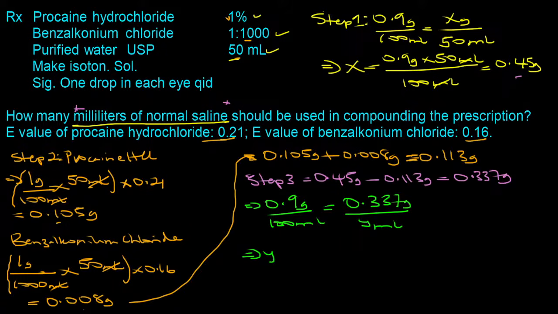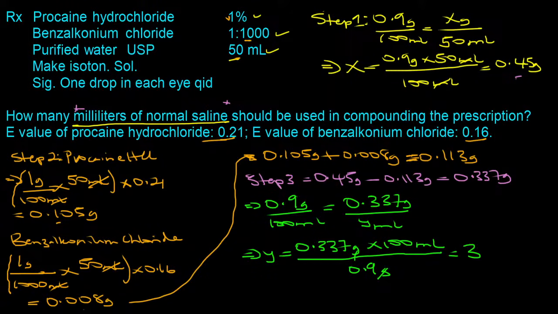So you need to solve for the volume, which will be Y here, and you have 0.337 grams times 100 milliliters divided by 0.9 grams. The grams cancel out. And you end up with 37.44